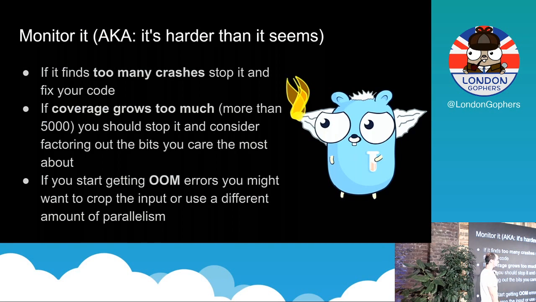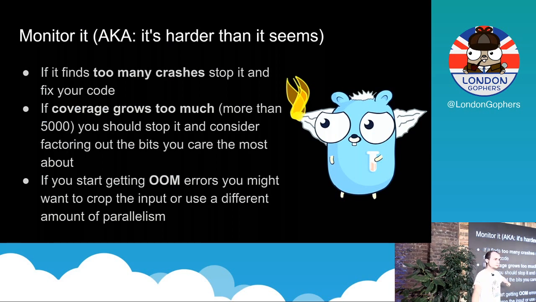And also, while go-fuzz runs, it gives you a coverage value. If the coverage goes beyond 5,000, some hashes are going to start colliding and it's going to lose efficiency. So you might lose visibility on some bugs. So if you get to that value, you might want to change the function you're fuzzing to a smaller one or to one that doesn't depend on that many things, because otherwise you just don't get valuable output.